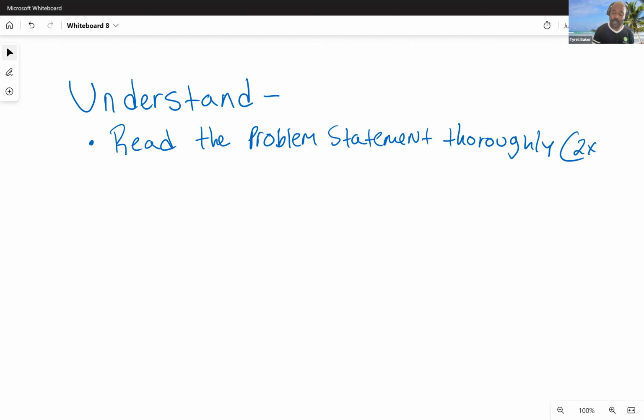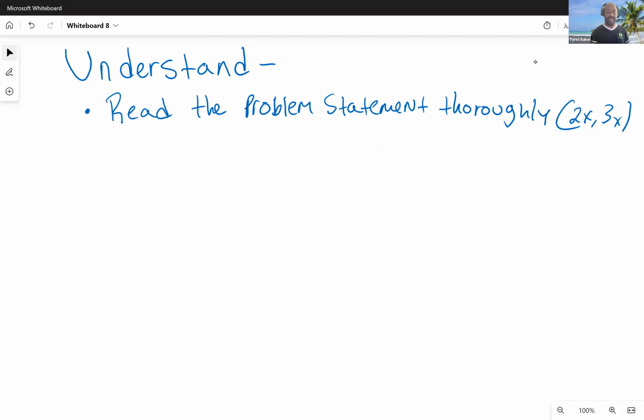Sometimes you'll need to read it twice. Sometimes you'll need to read it 3 times. Let your students dictate how many times you need to go through the problem statement. It's perfectly okay and perfectly reasonable if the first time you go through a problem, everybody doesn't understand every piece, right? So read it through and do that as many times as necessary.